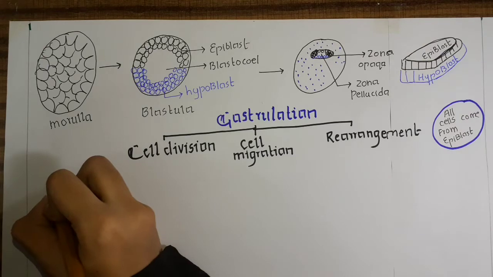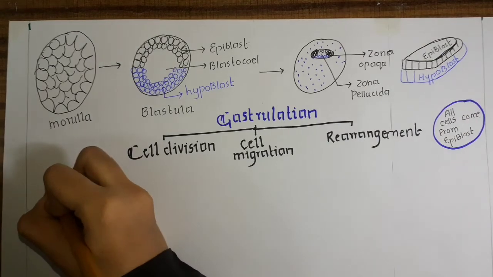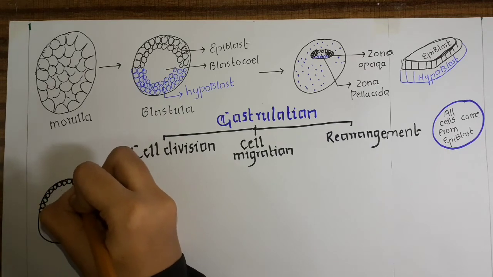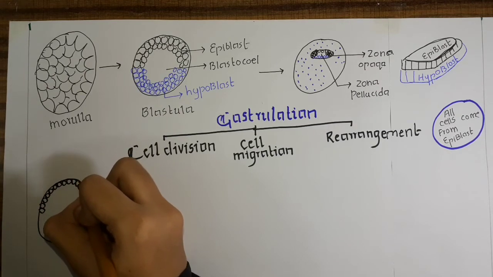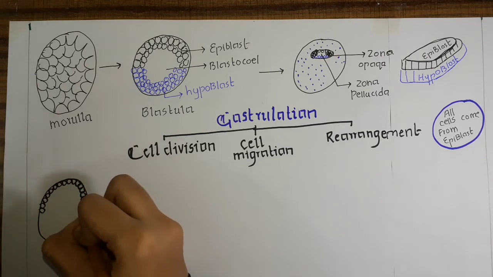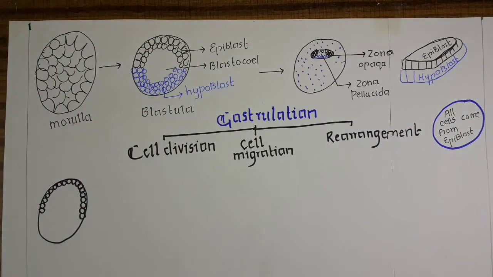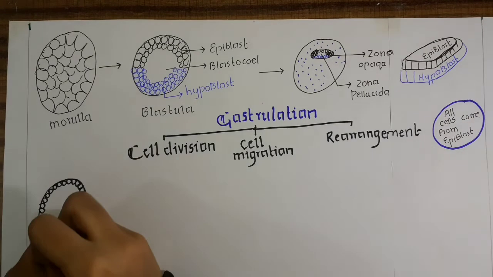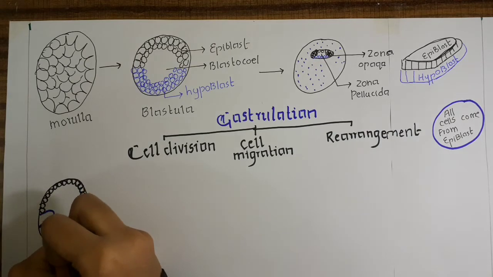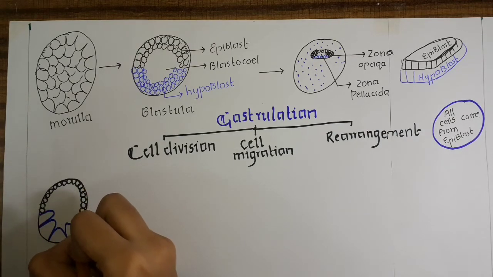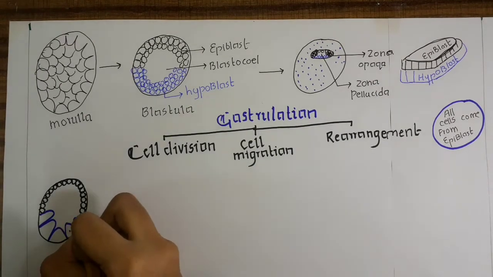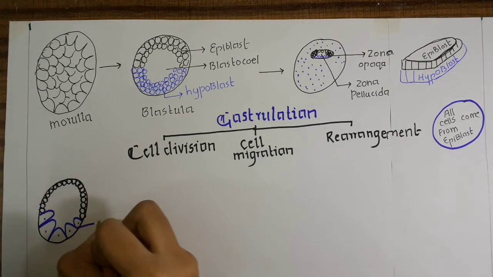Now in our book there is a comparison with the same terms to the development of the frog. The development of the chick is compared a little bit with the development of the frog. So for the comparison of these terms we have to know a little about the development of the frog. That's why I've made first the blastula stage of the frog. In the chick we have epiblast and hypoblast, as we have learned above. In the frog, the cells divide